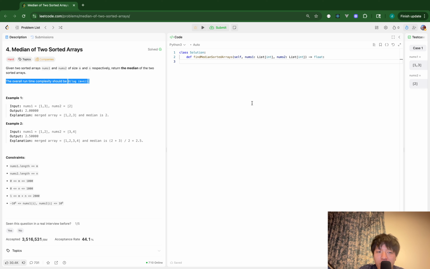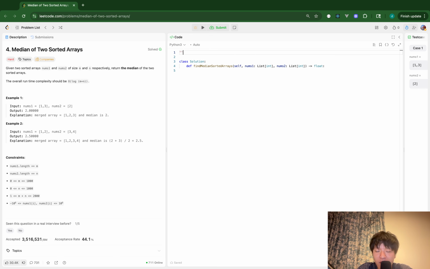What I mean by a simpler approach is that I just have to merge two sorted lists into one sorted list and then find the median. In that way, the time complexity should be O of m plus n, because when two arrays are sorted, I can merge them in m plus n time. Then, because I know the length of the array in constant time, I will just randomly access the median and return it. Okay. With that being said,